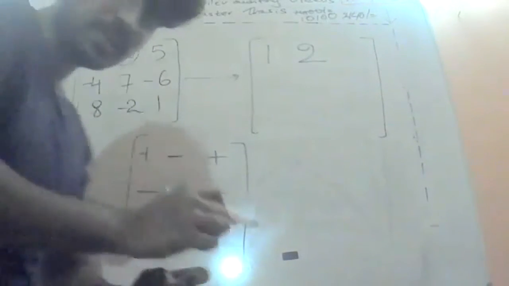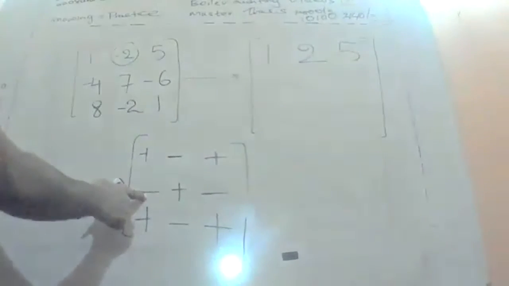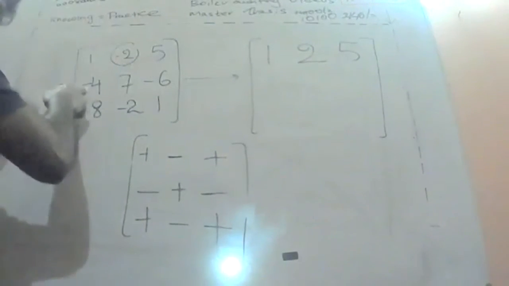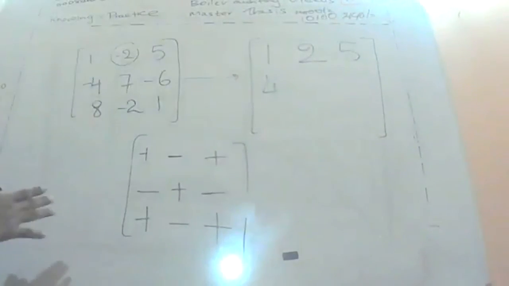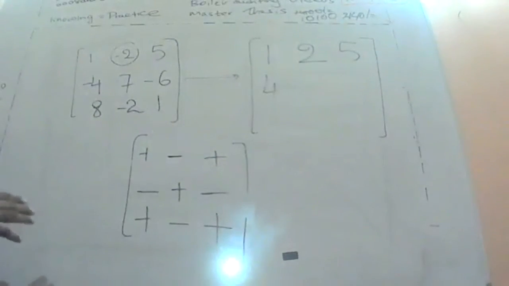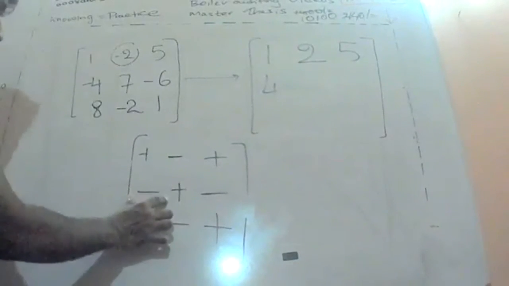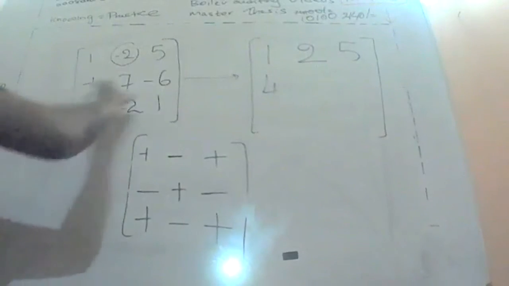Just pause this video and try to do it on your own. Then you can check the answers. Now see this one, positive into positive, that is fine. And then negative, right? Here if you consider this minus 4, the coefficient is minus, minus into minus is positive, so the answer would be positive 4. Understand? That is how it is going to get applied. This negative coefficient has to be multiplied by the negative element, so negative into negative, positive 4.